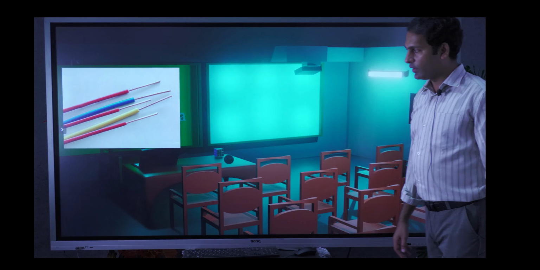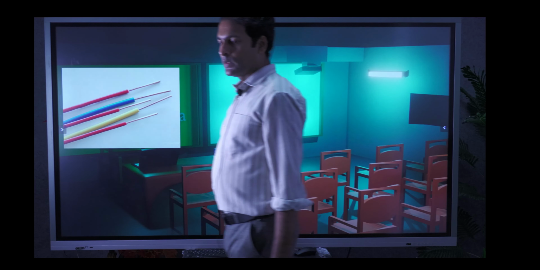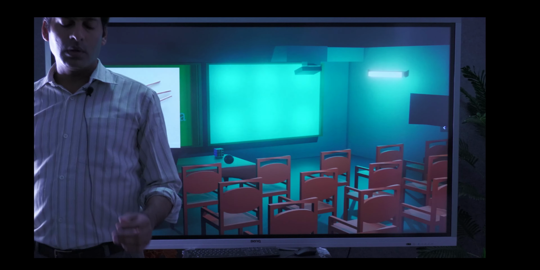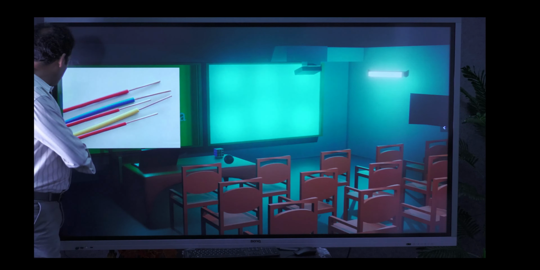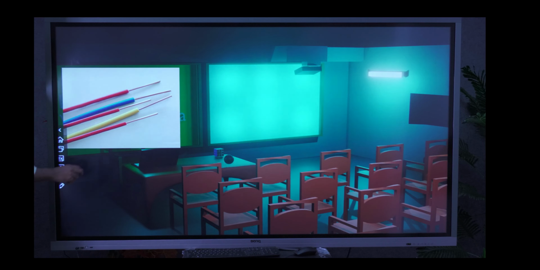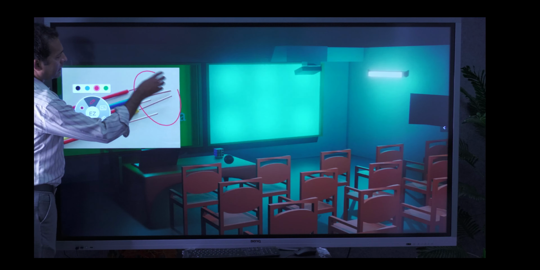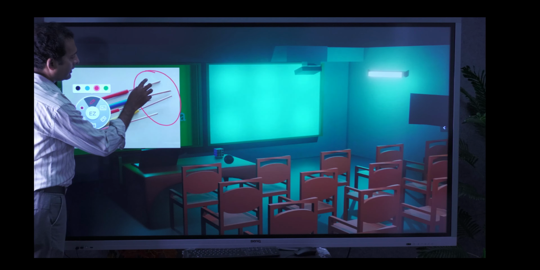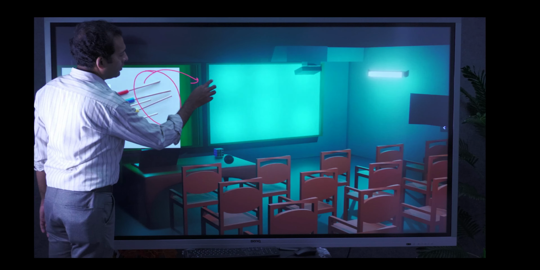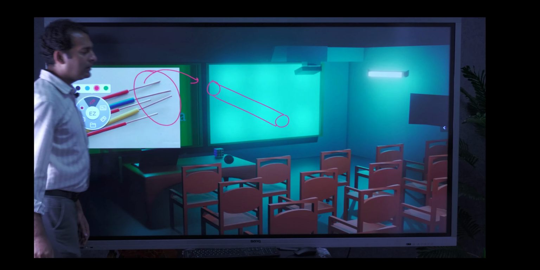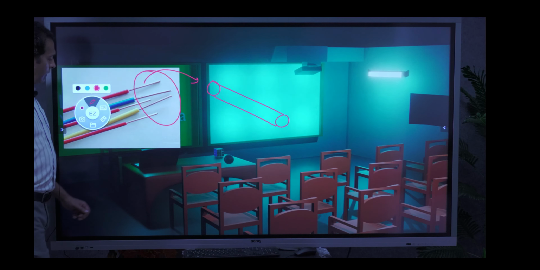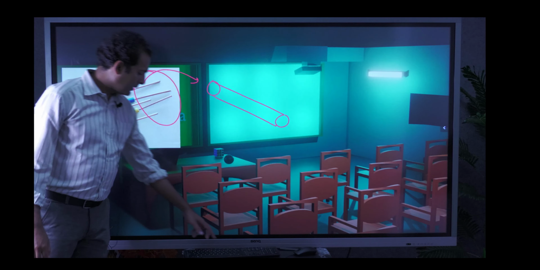Now, cylindrical coordinate system examples. If you consider a wire, a conductor, and you zoom in, what will be the shape of the conductor? It will be nothing but the shape of a cylinder. If you zoom in on this single wire, it will be nothing but a cylindrical shape. So this is one example of this shape.